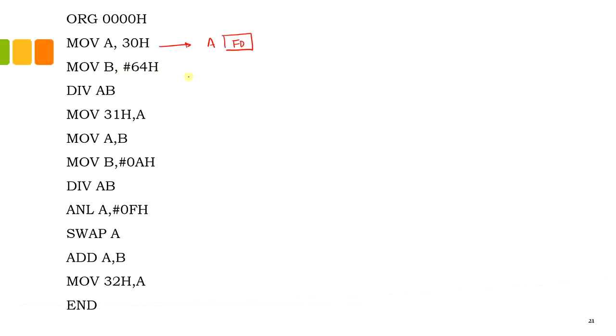Then you are performing FD divided by 64H. The result of this will be 02, which is the quotient 1, and the remainder will be 35. So this quotient is the highest digit, which has to be moved to the accumulator.